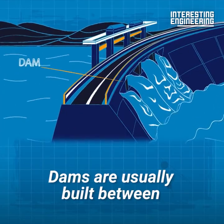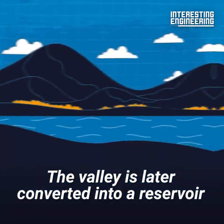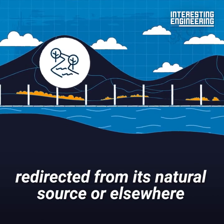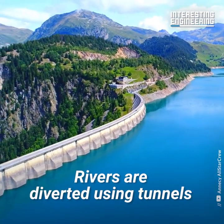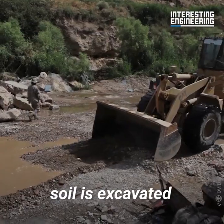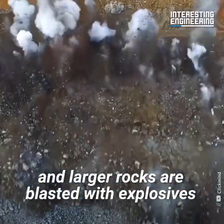Dams are usually built between a water source such as a river and a valley. The valley is later converted into a reservoir or an artificial lake using either water redirected from its natural source or elsewhere. Rivers are diverted using tunnels along the side of the dam or its foundations. During the construction of these channels, soil is excavated and larger rocks are blasted with explosives to clear the path